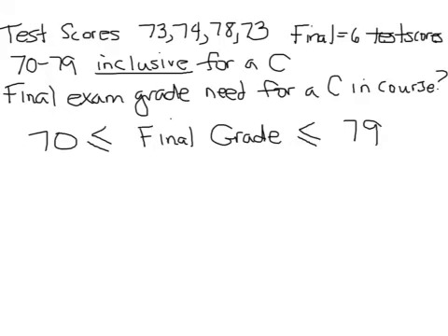Now, how do you calculate their final grade? Well, if you look at it, we're going to take these 4 scores and average them out with the final score, except that the final's worth 6 times as much as a normal test. So the way you can set this up is like you normally do an average, which is you add up all of the scores and divide by how many scores. The difference though is,